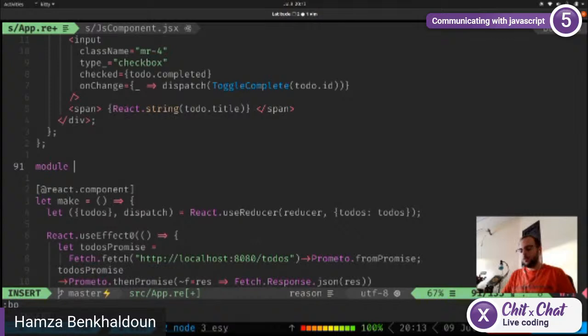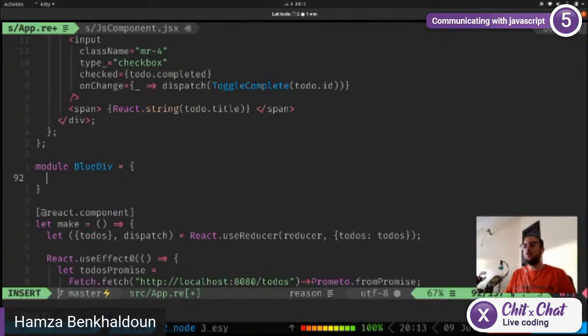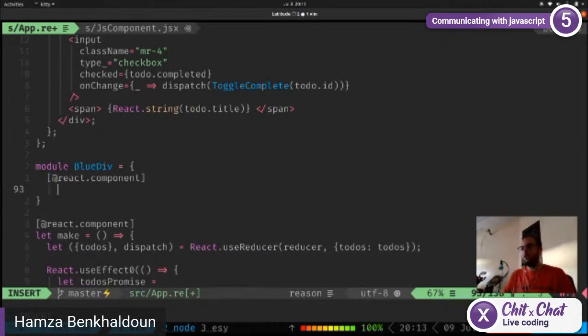So this will be a module, and let's call it BlueDiv. We can call it whatever we want. We do not need to call it BlueDiv. So this is going to be React.component. Nothing new here. We have the let make equals, and we are going to see what we are going to do for